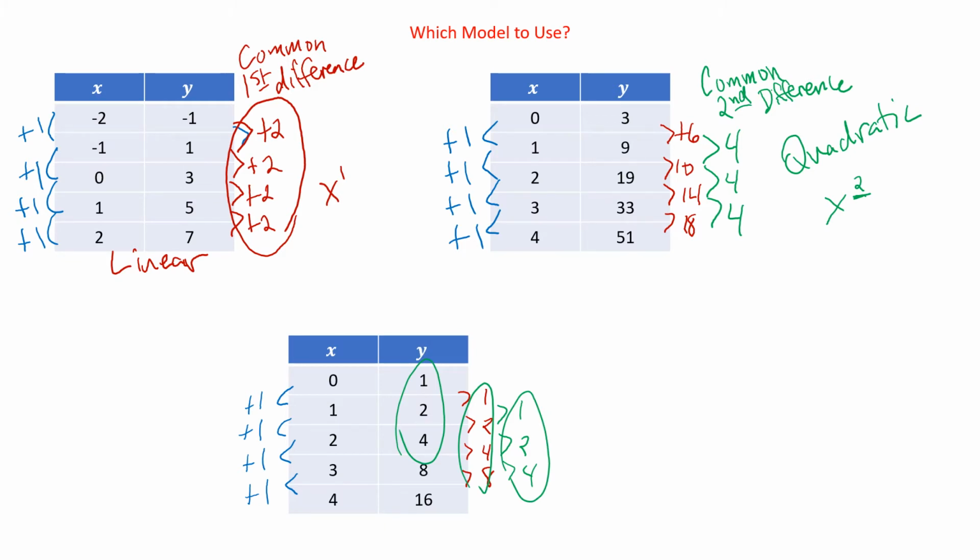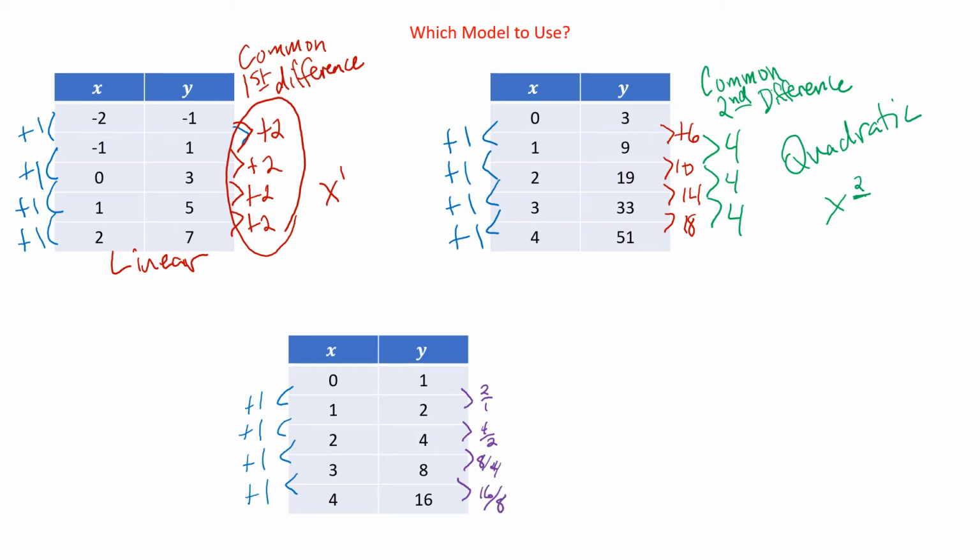So we're not going to get anything other than 1, 2, 4, 8, 1, 2, 4, 8, 1, 2, 4, 8. So we're not going to look at the differences there. Instead of the differences, we're going to look at the ratios. So we're going to do a number divided by the one before it. So instead of subtracting, we're going to divide. So 2 over 1, 4 over 2, 8 over 4,